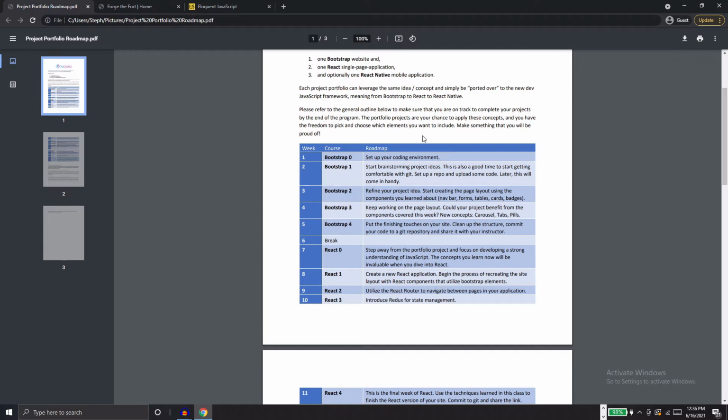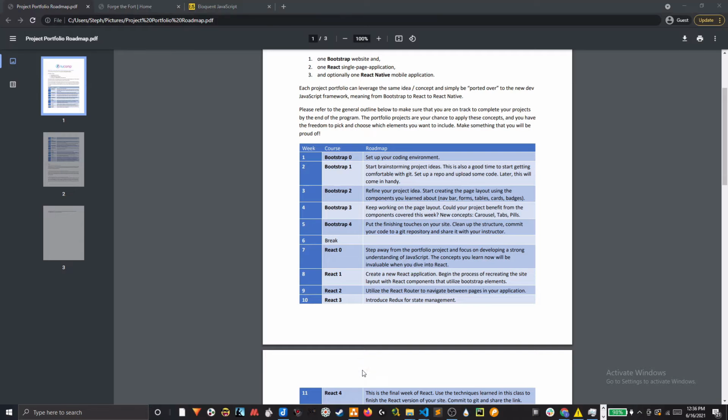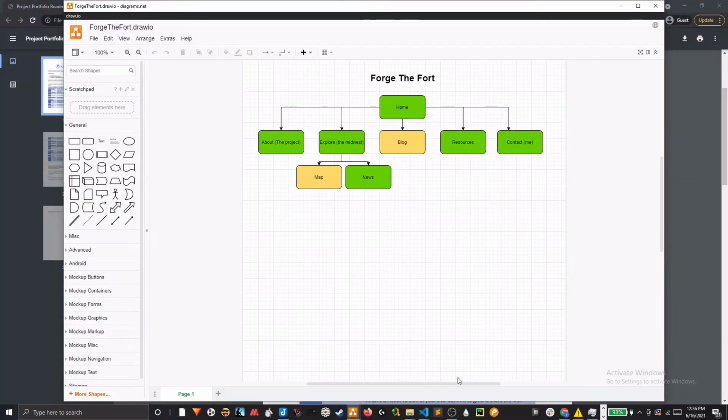So yeah. So if you remember last time, let's go here. I showed you this, as you can see, of how I wanted the project to go as far as the outline. So home, about, explore, blog, resources, contact, and the yellow was what I was going to work on in the future. And actually I'm going to work on a couple things in the future. I'm basically going to do the same project in React. And if I show you the actual website,